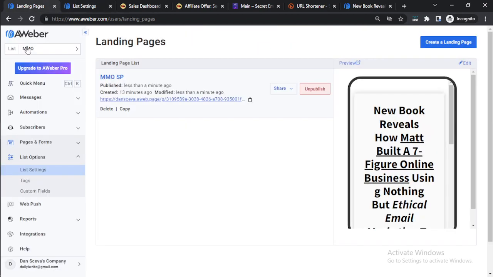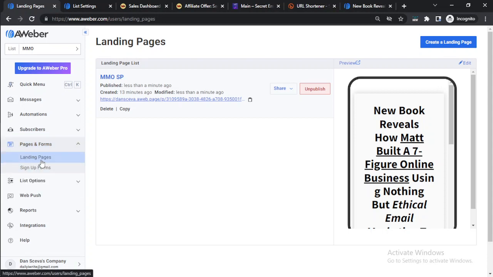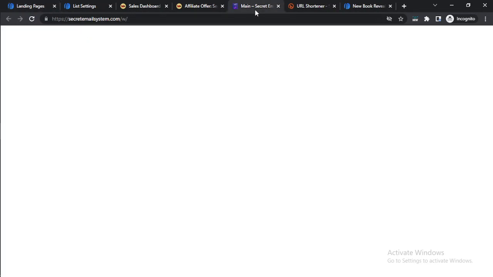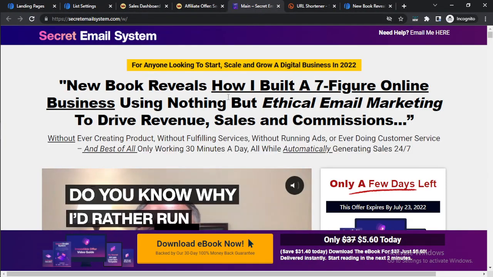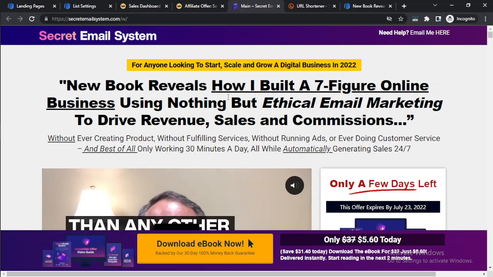You come over onto the pages and forms option, click on landing pages, create landing page, choose a template to model over, go in, and edit it to read the way you want. Either you are giving out a free book, a free gift for them to give you an email, or you just want to model your squeeze page after the affiliate product you'll be promoting. However you want to go about it,